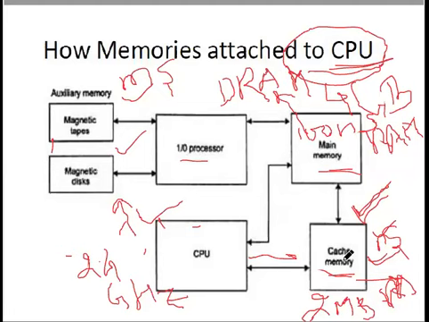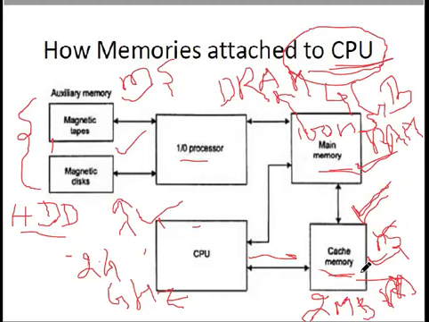And what is RAM? RAM is random access memory, whereas a hard disk is a sequential drive. If you want to access the data in a hard disk or a magnetic tape, we need to access it sequentially. We have to go through every sequence and then reach the data that we need to fetch for the CPU. Hence these tapes or hard disk drives need more access time, but can have bulk storage. Whereas a particular data section can be randomly accessed in RAMs, and hence they are known as random access memory.